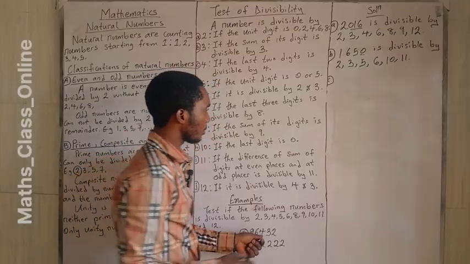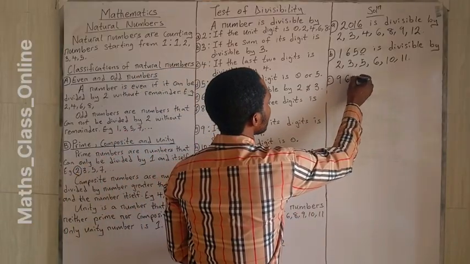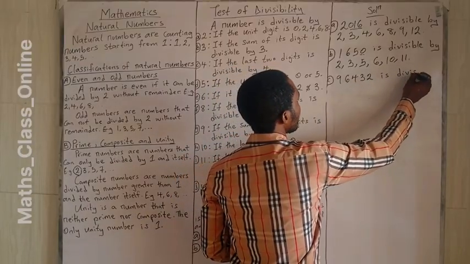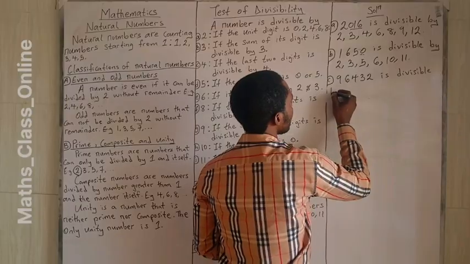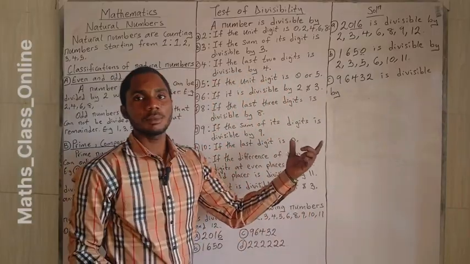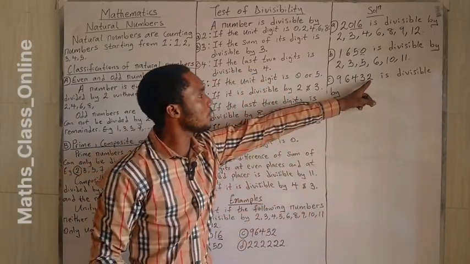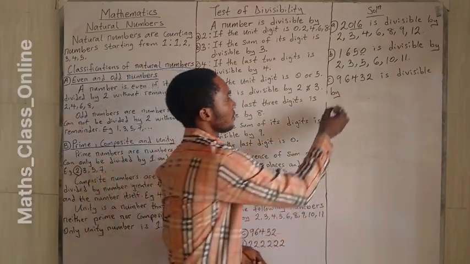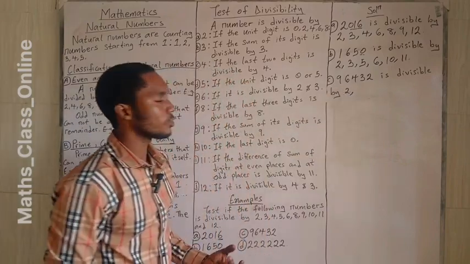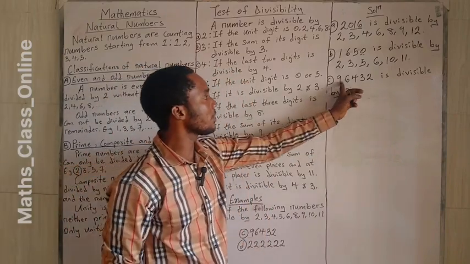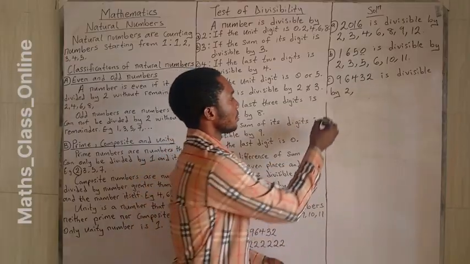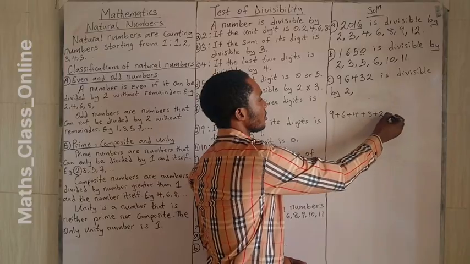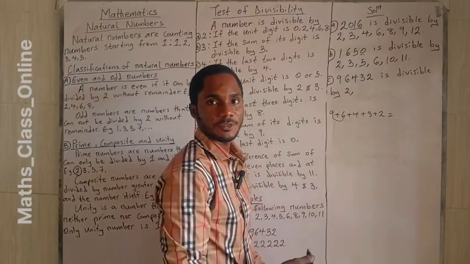We have 96432. This number is divisible by 2 because the unit digit is what? 2. And we have 2 among the listed numbers here. To test for the divisibility by 3, we are going to sum the digits together first. And that is 9 plus 6 plus 4 plus 3 plus 2. This is 15,